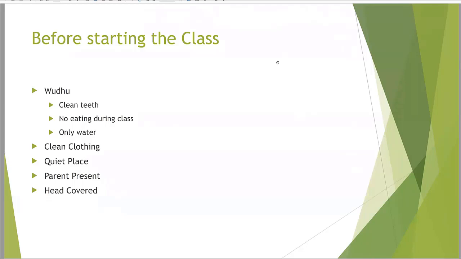On this course, you're learning how to read the Quran Majid, which are Allah's words. When you're reading Allah's words, you are also worshipping Allah. So it makes sense that you're in wuzu when you're doing that as well. And although you're still learning, everything that we use to teach you comes from the Quran Majid. The letters, the strokes, the words, they all are coming from the Quran Majid. So you need to get into the habit of making sure that you're in wuzu.